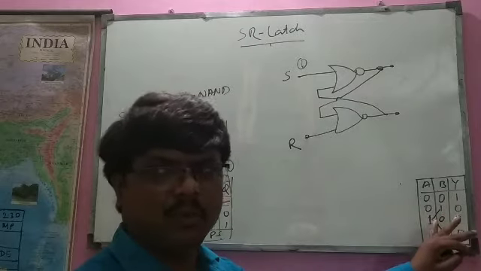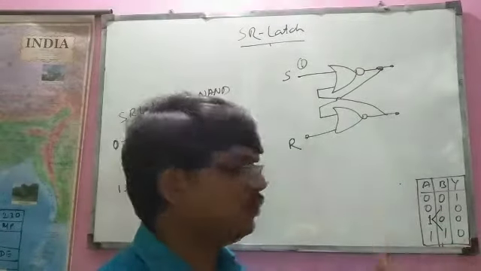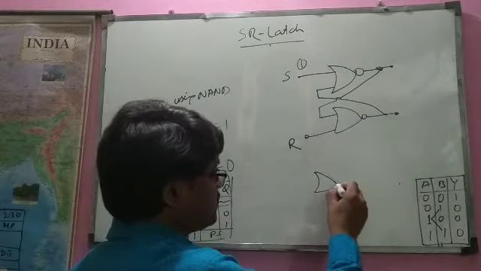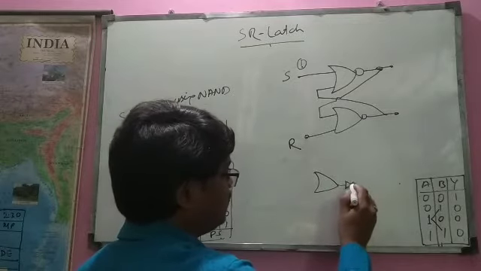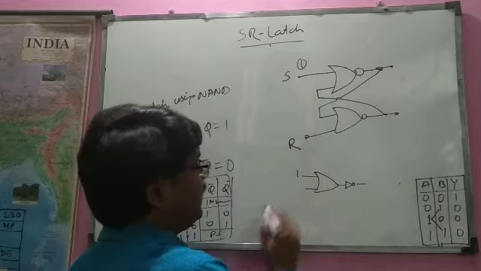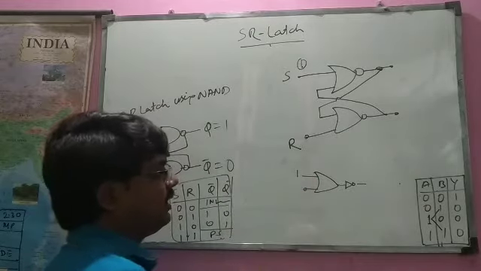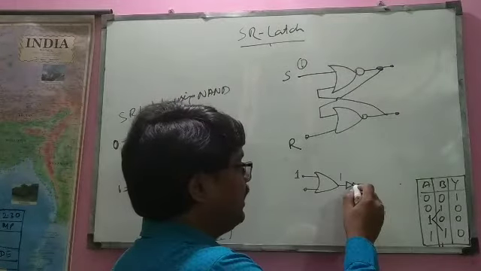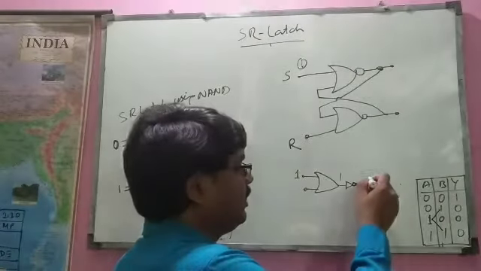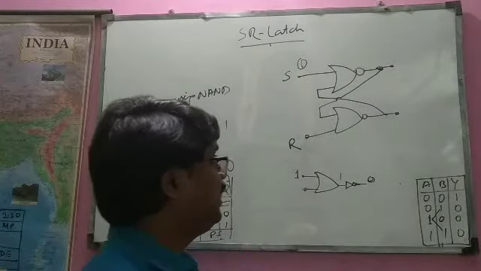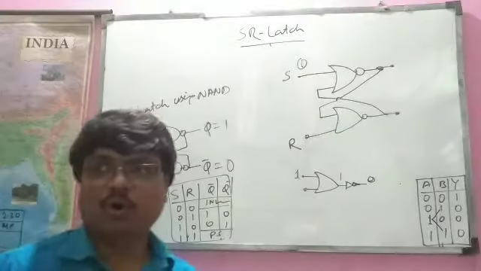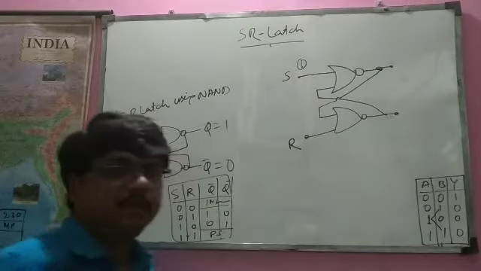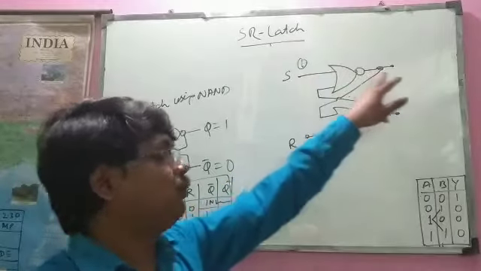If we provide any single input, or both the inputs as 1, the output will be 0. Why? Because this is, let us suppose, an OR followed by a NOT. That is very simple. If the first gate, the OR gate, gets 1, the output will directly be 1, and it is inverted by the NOT gate, so it will be 0. So whenever we supply the input 1 to any NOR or OR gate, the NOR gate output will be 0.